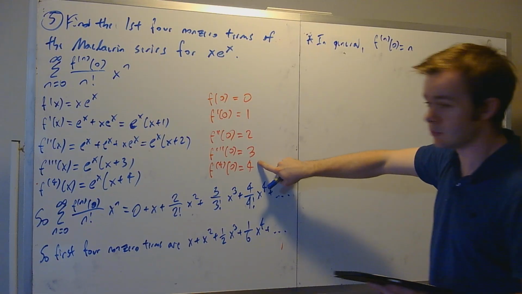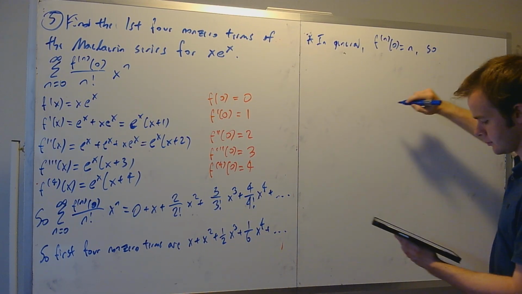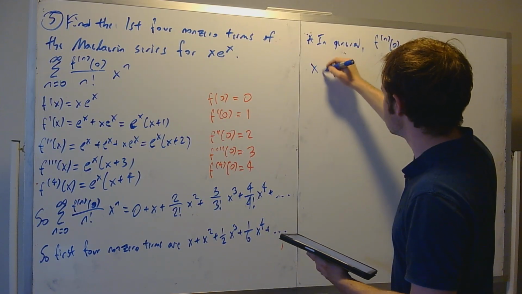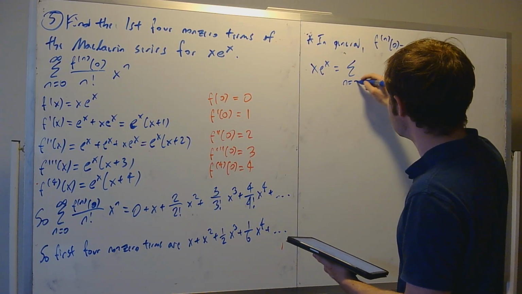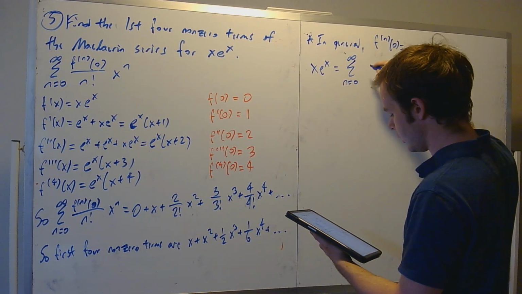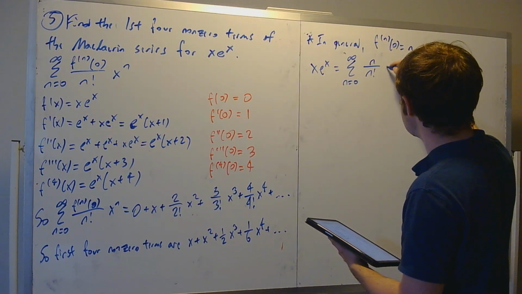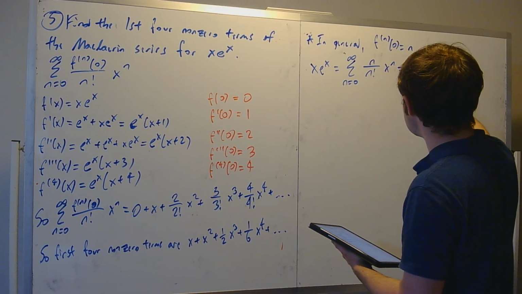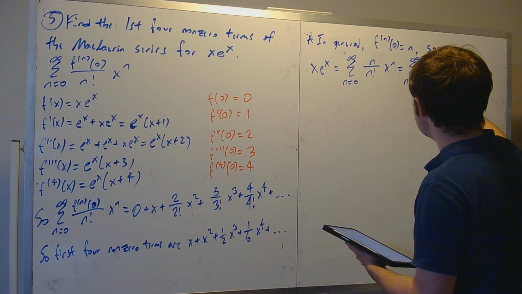That's kind of the pattern that we saw here. So x e to the x is going to be equal to the sum from n equals 0 to infinity of n over n factorial times x to the n, which is going to be the sum from n equals 0 to infinity of, this would be,